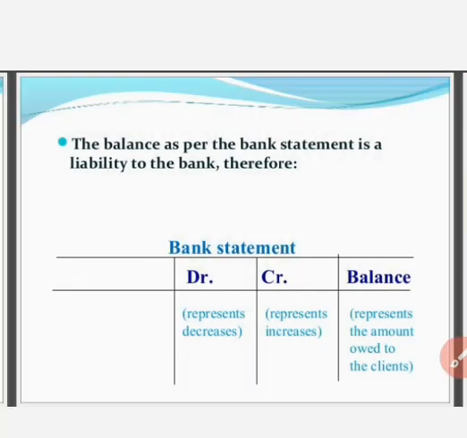Clear? So first of all, you have to be very clear that there is a reversal between the bank statement and our cash book. Cash book debit side means increase side and bank statement debit side means decrease side. Cash book credit side means payment side, minus side, and bank statement credit side shows an increase in our bank account. So we have to match our cash book bank balance with the bank statement to see if there is any difference between these two statements, and then we have to reconcile them.